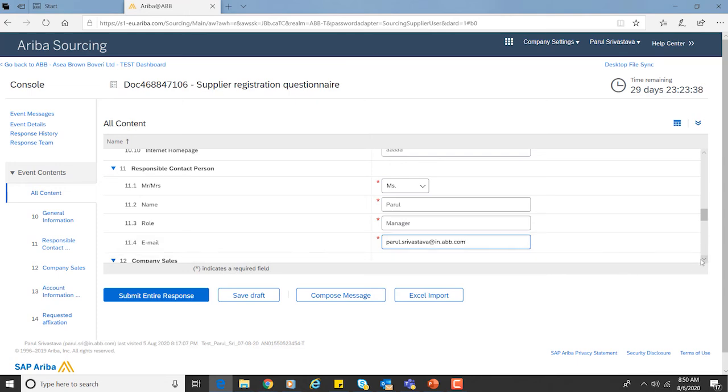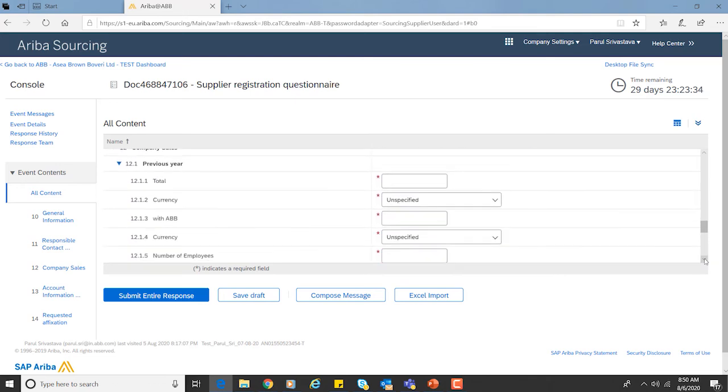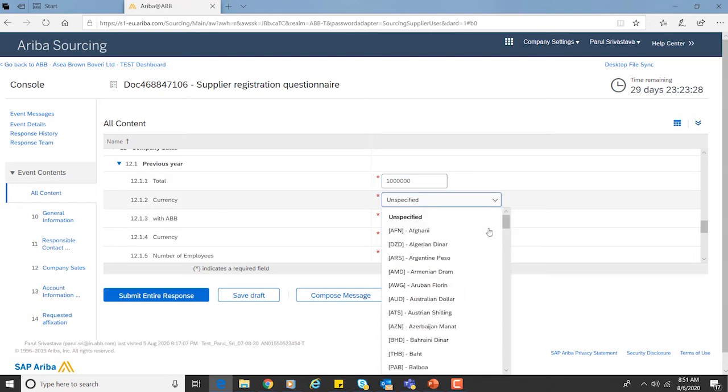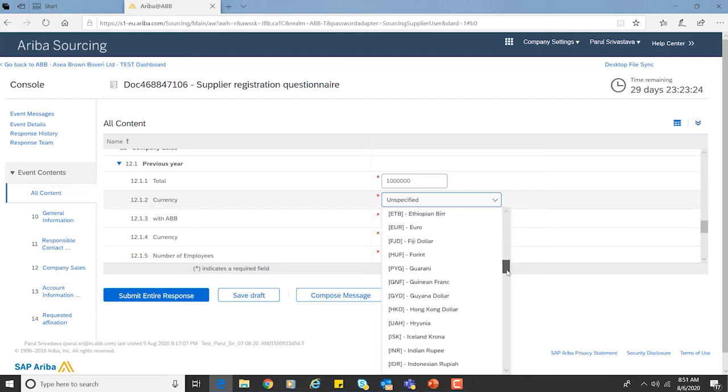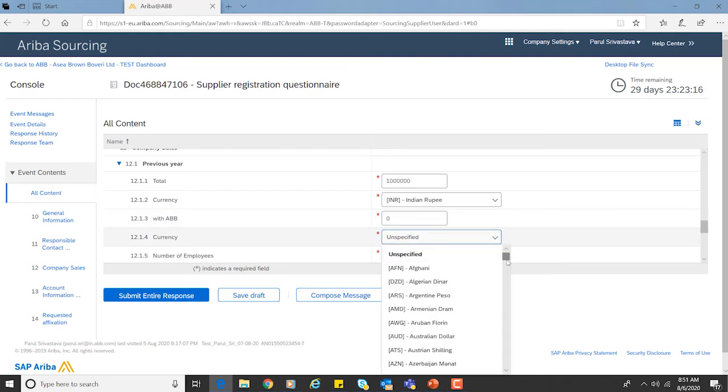Okay. Now it will ask regarding your company sales, for the previous year and the current year. So I'll just put it like this and give the currency. With ABB, I'll just put 0. Here the unspecified, here also you have to give the currency.